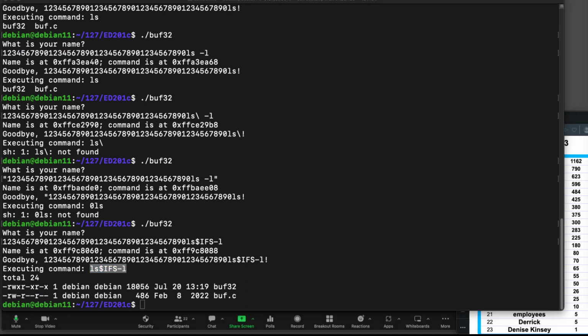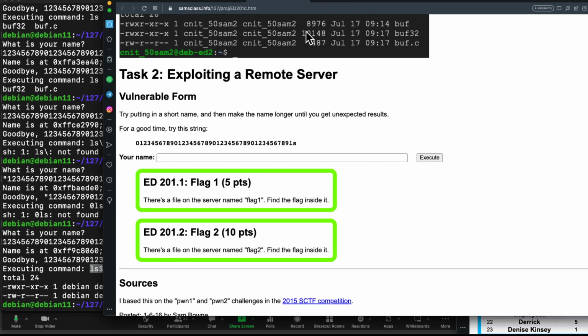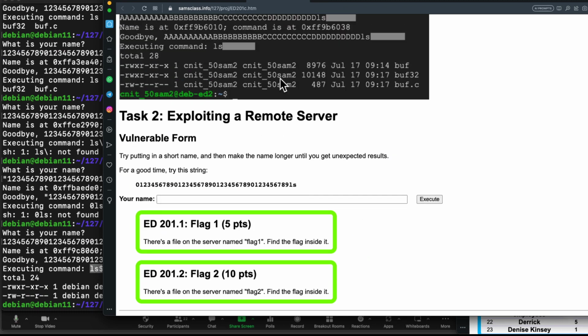Anyway, there are some flags defined here where you get to exploit this thing with the command injection vulnerability and find some flags, one of them running on the server. So that's the simplest case of a buffer overflow. And I'm going to stop this video